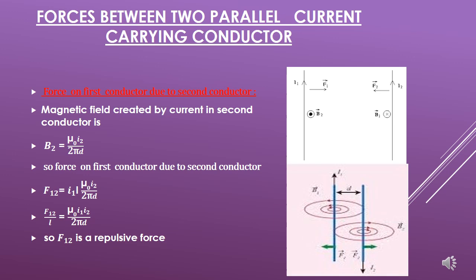So we have seen that the magnitude of both forces is the same, but what is the direction of these forces? So we have seen that at conductor 1 the magnetic field is going inside. So according to the left hand rule, the direction of force is to the right side, and at conductor 2 the magnetic field is outside, so the direction of force is to the left side. So when the forces are towards each other, then there is a force of attraction. Magnitude of force is the same, direction of force is towards each other, and we call it force of attraction.